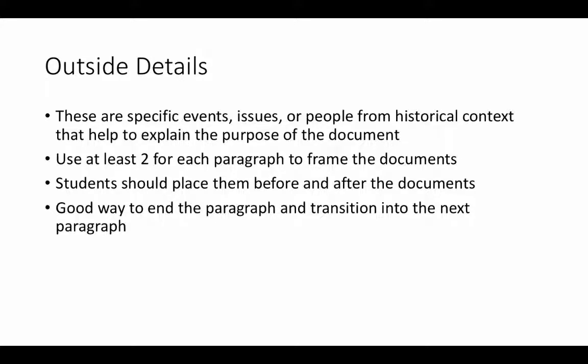So, outside details. These are specific events, issues, or people from the historical context that help to explain the purpose of the document. We probably remember this from the old days of AP US History. The rule we always gave was: it's either not in the document, the outside detail, or it's in the document but not explained. Like I said, I'd like to have them use at least 2 for each paragraph to frame